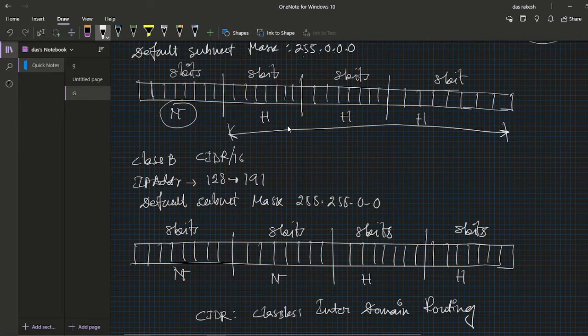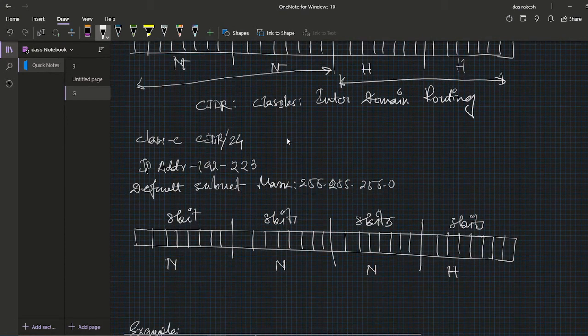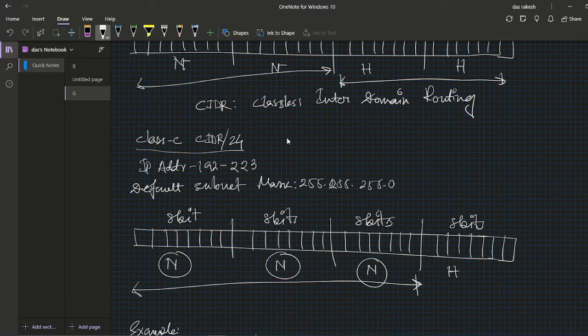For class B, the CIDR /16 means the network bits are 16 and the host bits are 16, so they are equally partitioned, and the default subnet mask is 255.255.0.0. Now coming to class C: 24 bits are network bits, 8 plus 8 plus 8, used for the network configuration, and the remaining 8 bits are the host bits, and the default